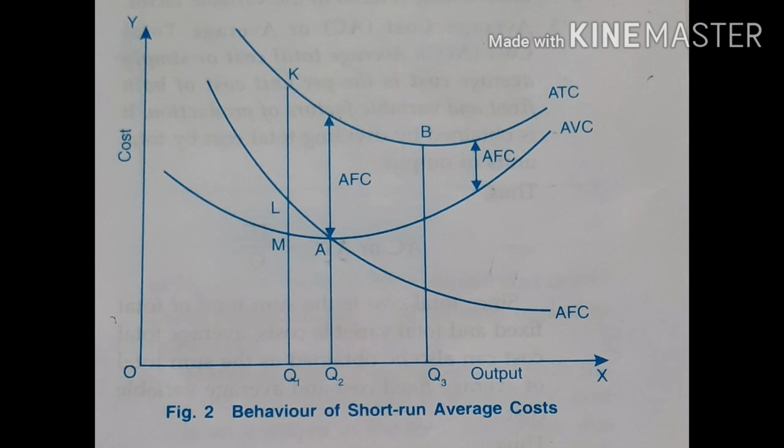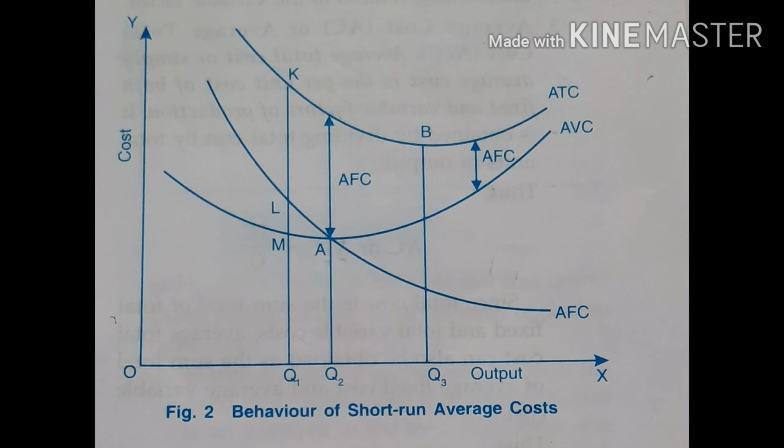Now I told you this also, that productivity and cost are two sides of the same coin. What do you mean by that? It means that if production is higher, which is what you say in the law of variable proportion at early levels of production, that total product is increasing at an increasing rate. That means in terms of cost, the cost is initially increasing at a diminishing rate, right? That is what we are associating, that the U shape of the ABC curve is because of the law of